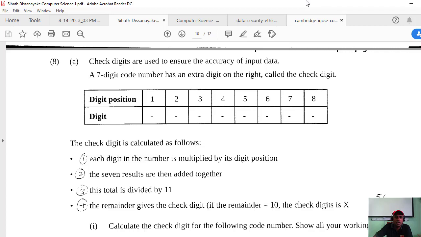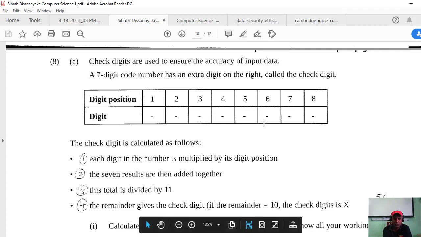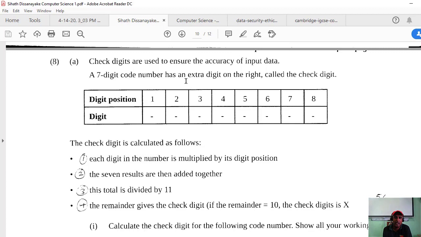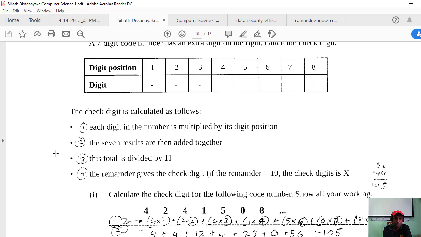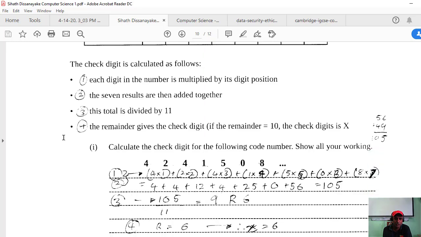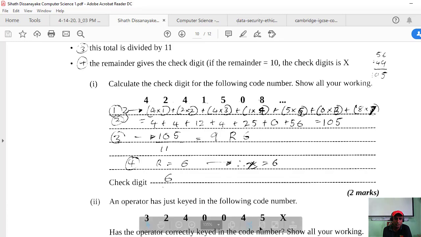Right. So this is a check digit, right? Check digits are used to ensure the accuracy of the input data. The 7-digit code number has an extra digit on the right, called the check digit. Okay. So this is the calculation, what's your result?